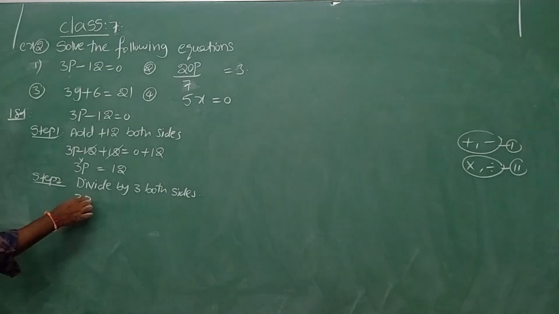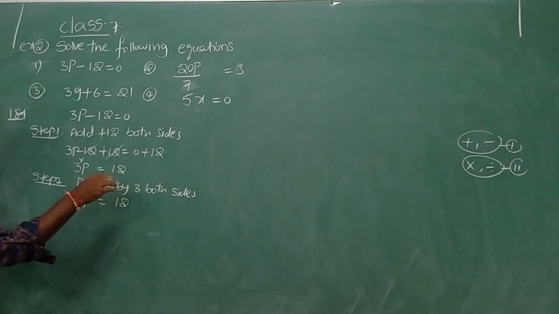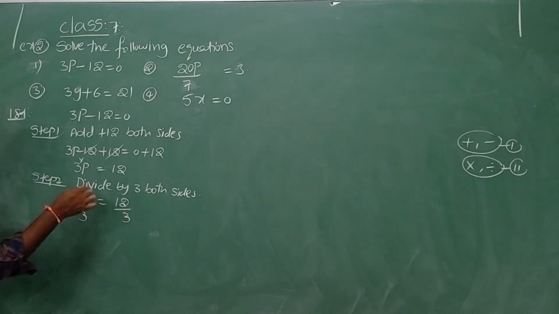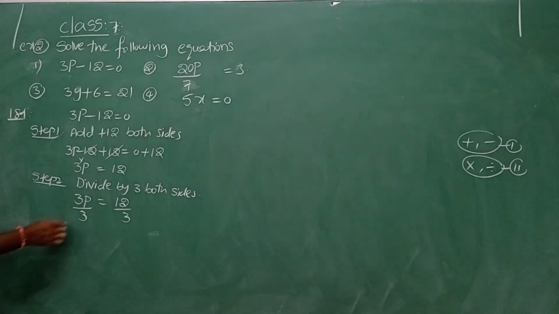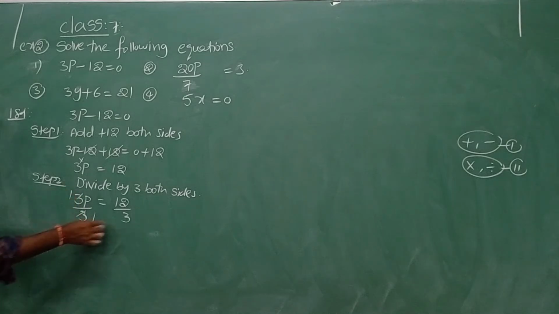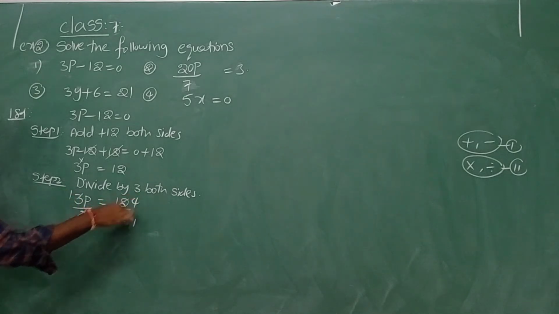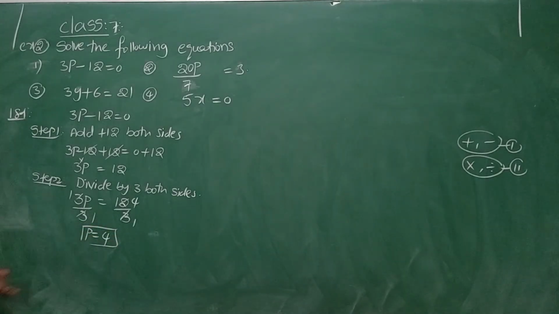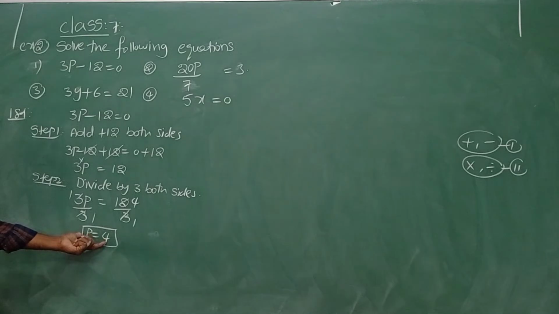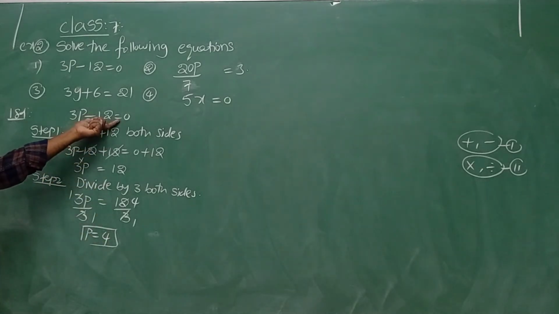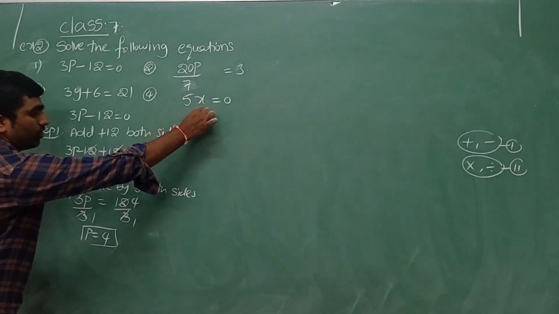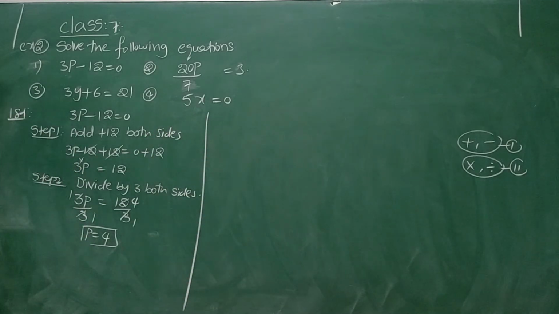Now I can write 3p is equal to 12. On the LHS let me divide by 3. Similarly the RHS also we divide by the same number 3. We can simplify this. 3 1s are 3, and 3 4s are 12. Yes, I got p is equal to 4, which is the value of the variable, also called the solution. So when you substitute this in the given equation, LHS and RHS both are equal. Then we'll go for the next, second example over here.